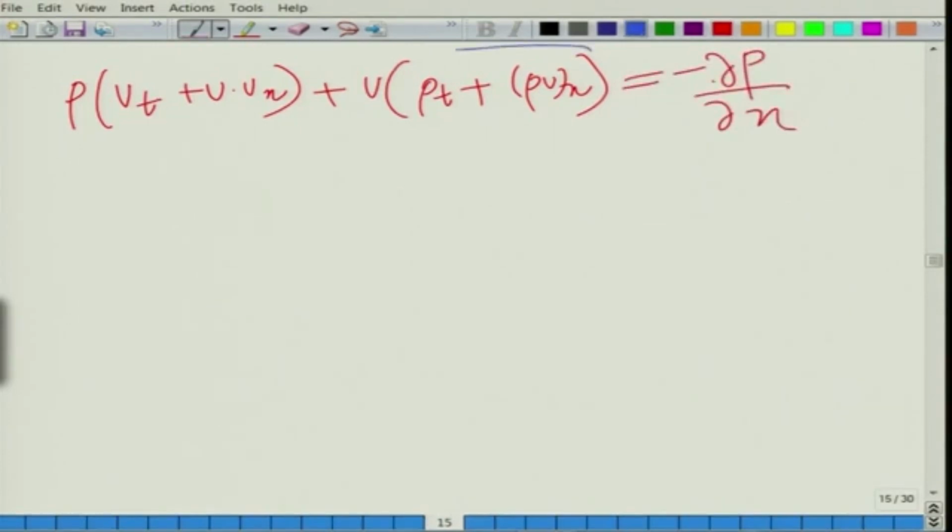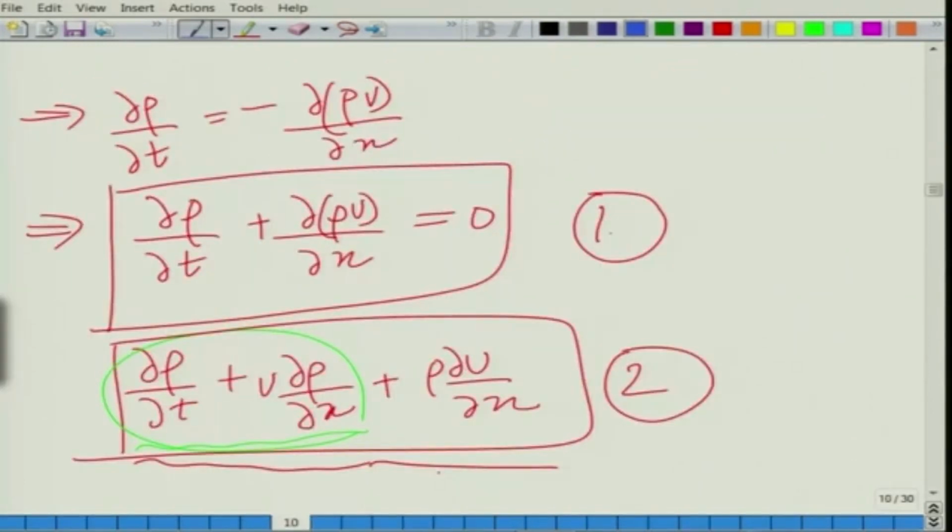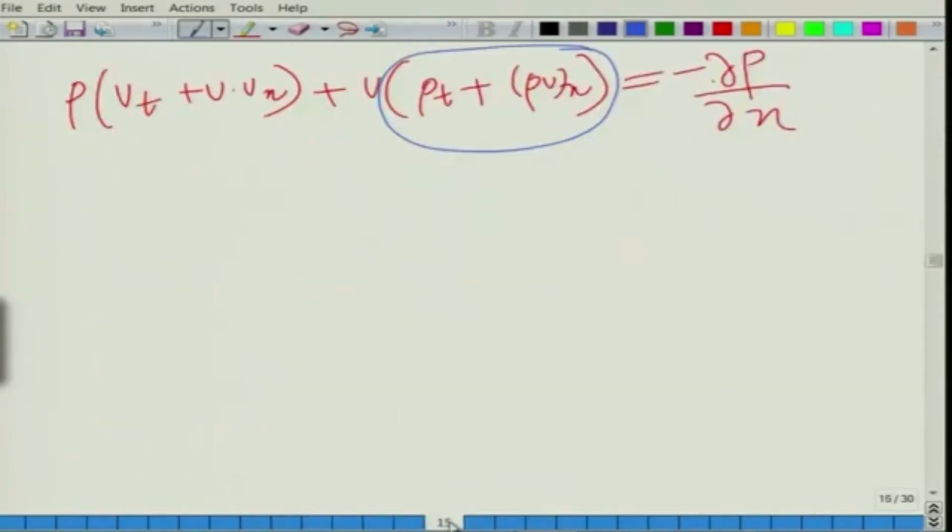Now, I would like to draw your attention here. This equation, the one that I have encircled, is nothing but the continuity equation written in form 1. This is nothing but your rho t plus rho u x is equal to 0, isn't it? So, since we do not have any sources, the term is homogeneous, this entire thing goes away, leaving us with the following term: u t plus